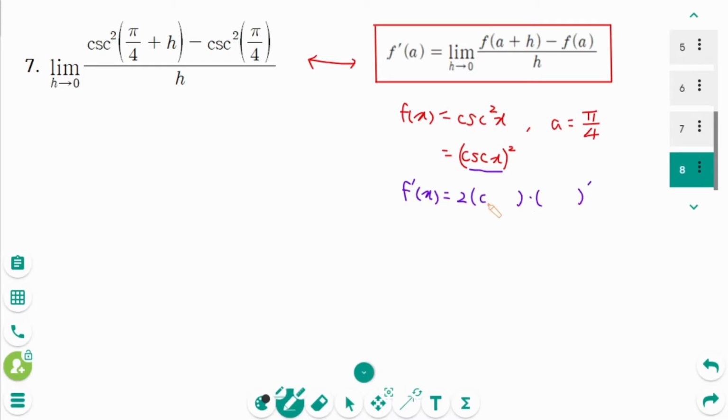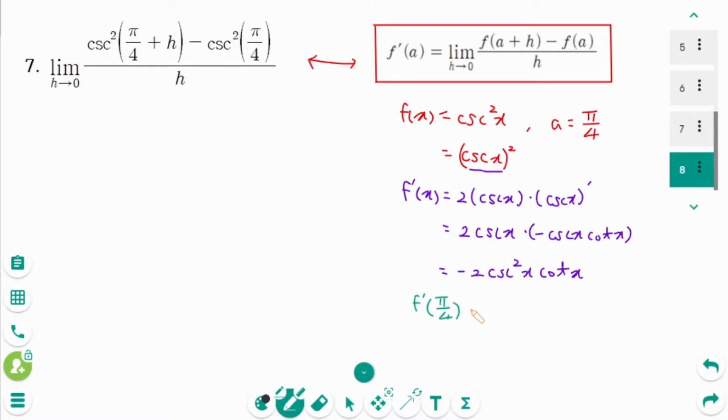The inner function is cosecant x, then 2 cosecant x times cosecant x prime equals minus cosecant x cotangent x, so minus 2 cosecant squared x times cotangent x. Then f prime of pi over 4 equals minus 2 times cosecant pi over 4 squared times